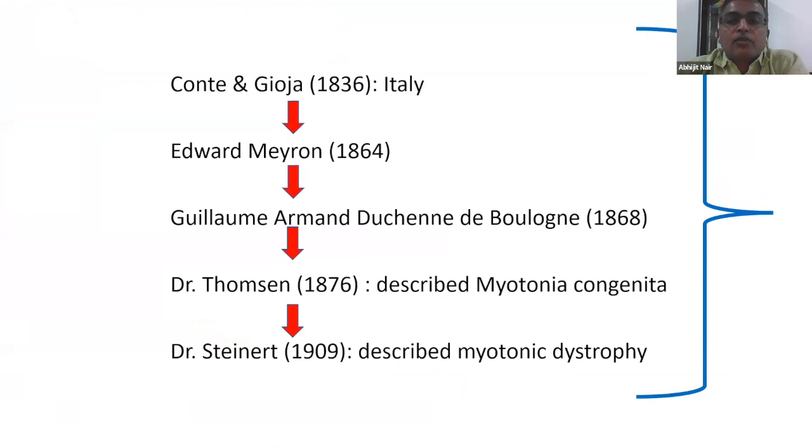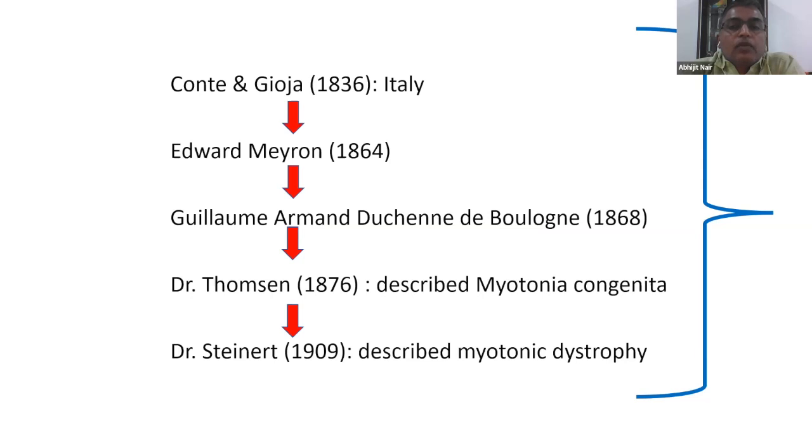I always prefer to start with a little historical aspect, if at all there is any. Neuromuscular disease was first described by doctors Conte and Gioja in 1836. It was about two brothers who had some unknown, undiagnosed progressive neuromuscular disease. They published their work also, but somehow it didn't get much popularity. However, in 1864, Dr. Meryon published his reports of 11 patients with certain neuromuscular disease, which he analyzed and wrote